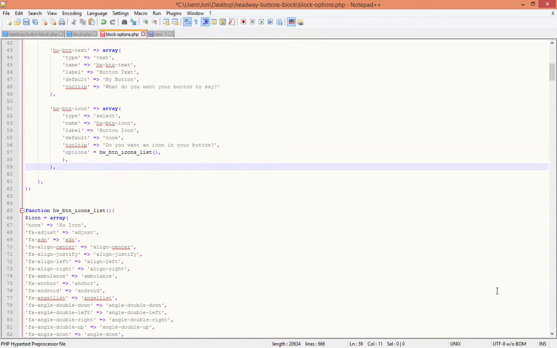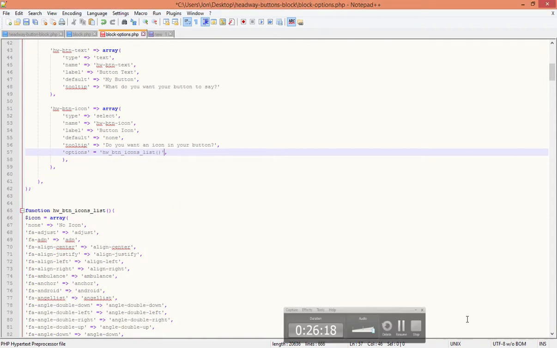And I'm pretty sure that's all I need to do. I can't quite remember whether I need to put that in closing brackets there or not. Let's have a look. Let's see, I'm just checking the highlighting there. I'm just going to pause this for a second. And yes, I'm correct. You do need to put it in those